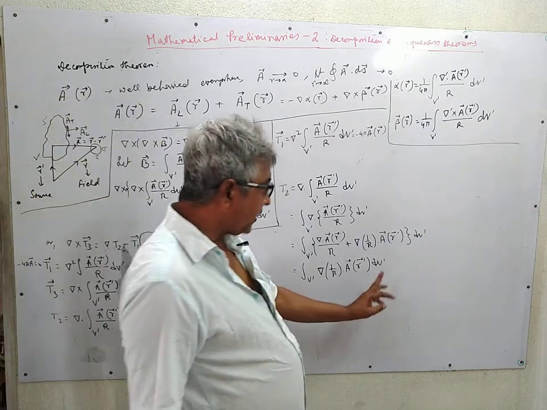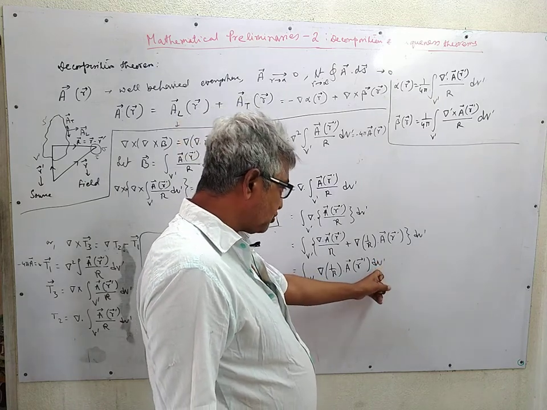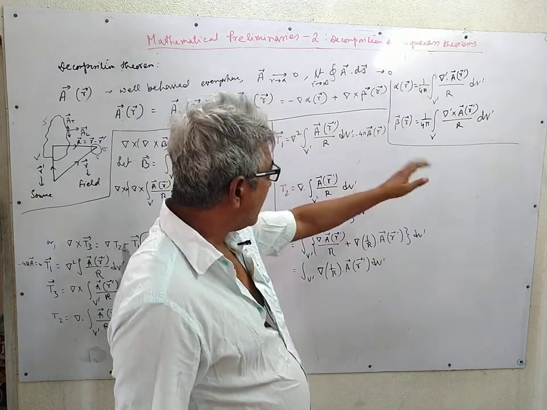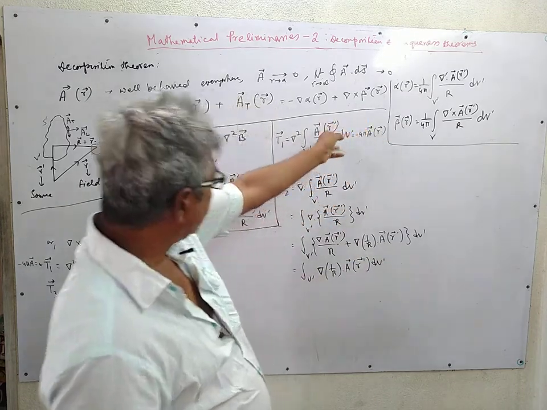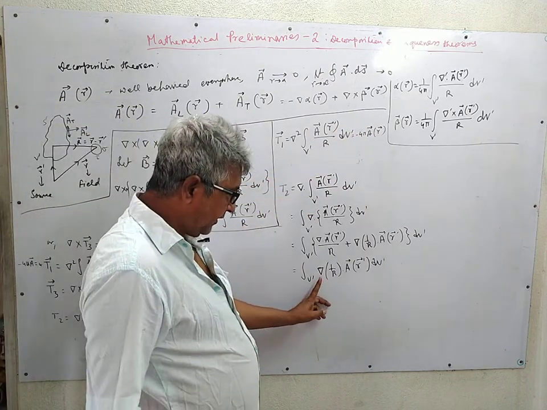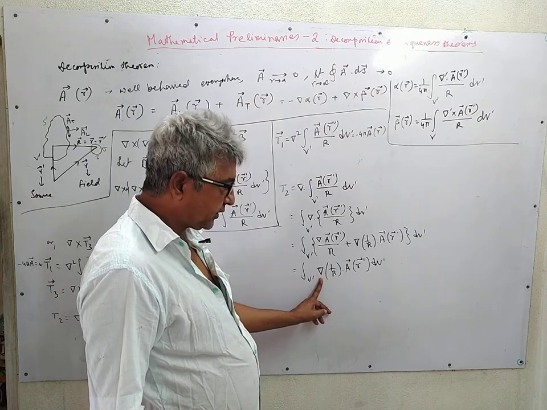You cannot convert the integration over source coordinate into that of a field coordinate, except the case we discussed in connection with Q1. So what we can do, we can change the differentiation with respect to field coordinate into